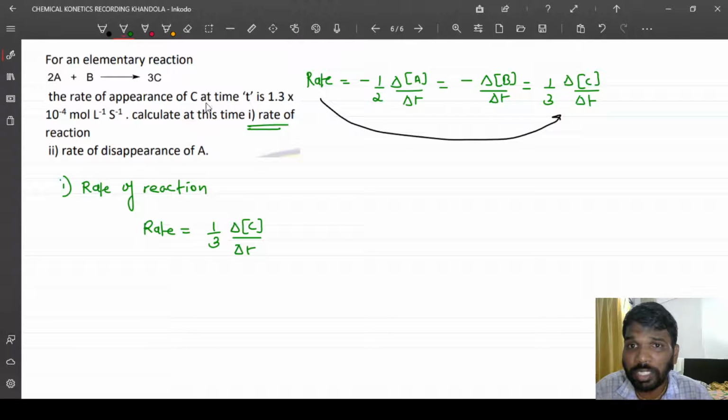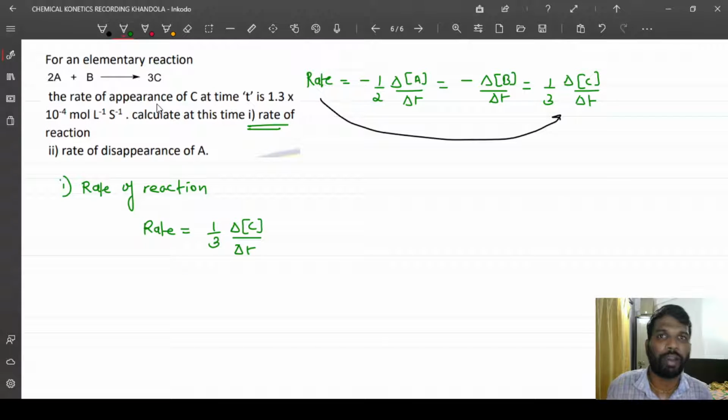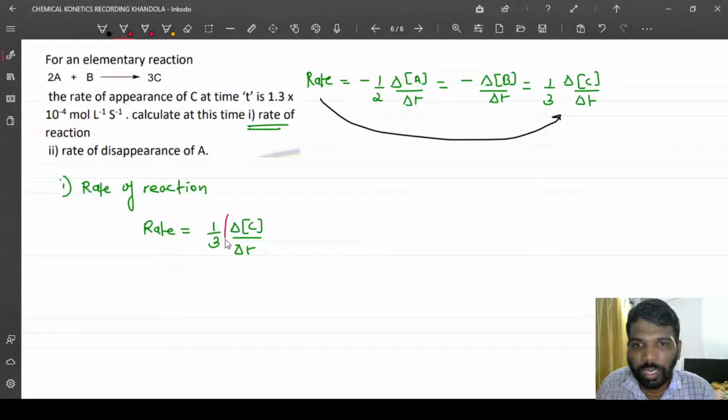Now what they have mentioned is rate of appearance. We have to understand at this moment the difference between the rate of reaction and the meaning of the rate of appearance. Units for both will be the same, that is moles per liter per second. Excluding stoichiometric coefficients, what is there in the denominator represents only this part. This part represents appearance if it is a product and disappearance if it is a reactant. So in this term, since this was a product, this is a rate of appearance.